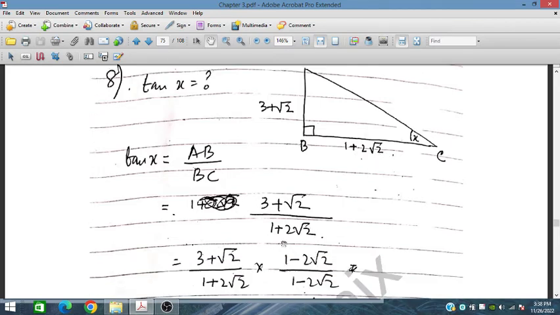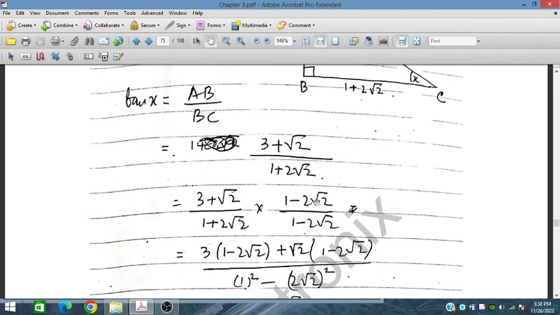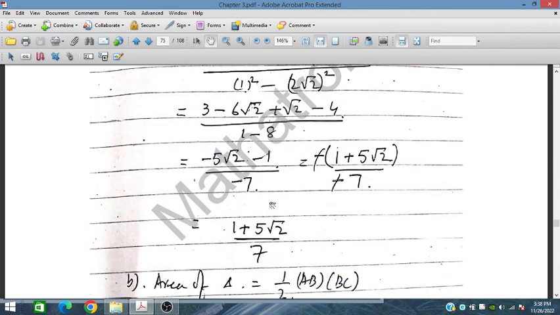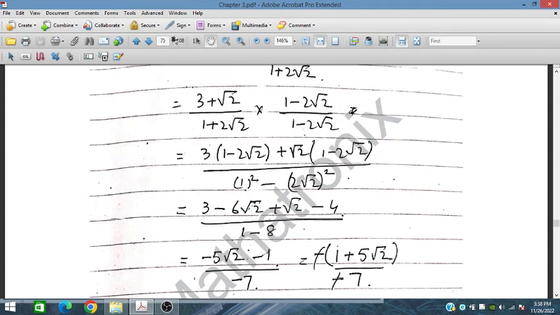And now we have to rationalize it. So rationalization, this is simplification, and we have obtained this: 1 plus 5 under root 2 divided by 7. In the second part,